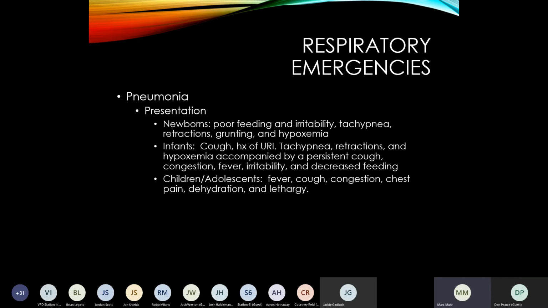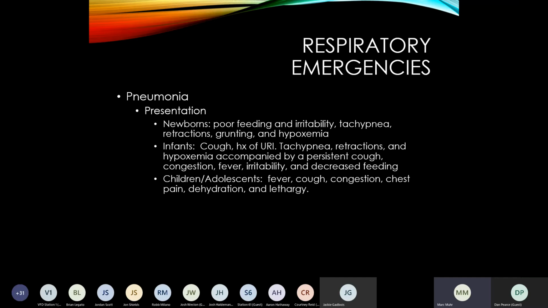Moving on to infectious issues, presentation for pneumonia. In newborns, they can have poor feeding and significant irritability. They can be tachypneic, develop retractions, grunting, become hypoxic. For infants, typically a cough, history of upper respiratory infection,